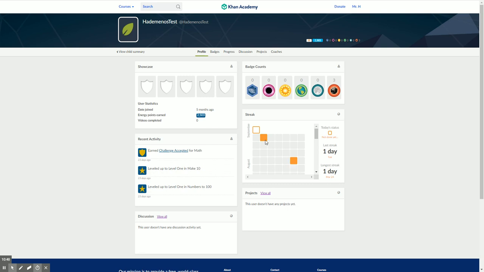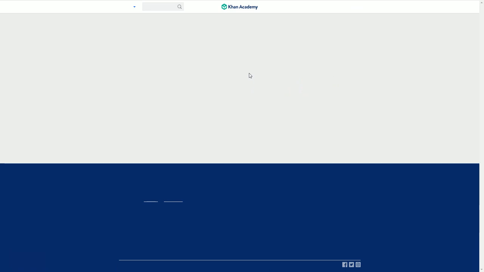This streak right here, it'll have an orange box for every day that they've logged in and done some work. It doesn't matter how much, just that they've done some. You'll see an orange box. Any badges that they've earned, which that's not going to be a focus for us. That's a kind of a bonus. Energy points, but you can see their recent activity, okay, and any discussions that they are having. Go back to child summary,